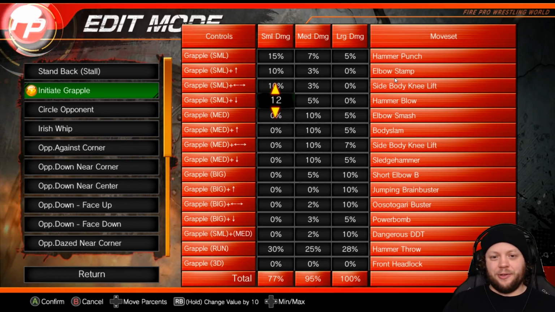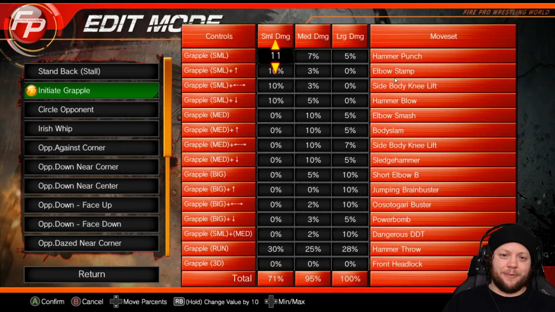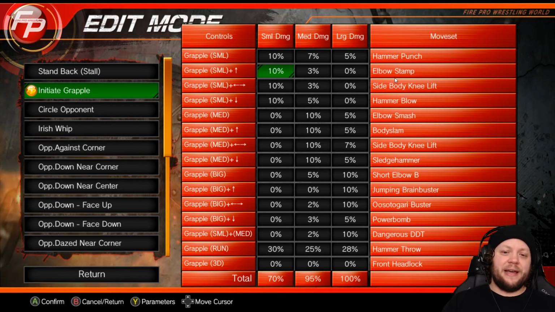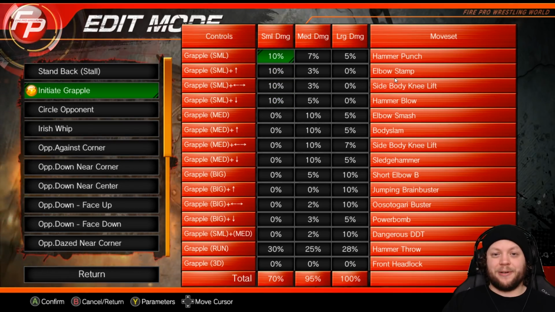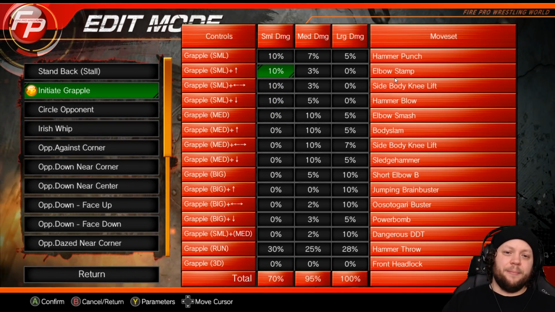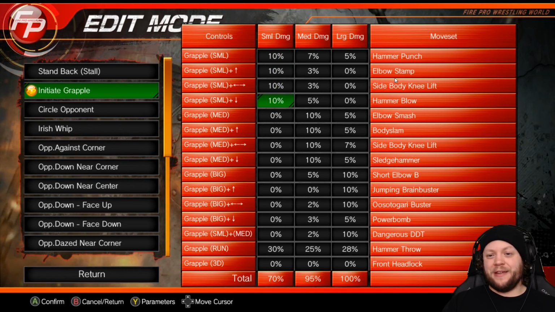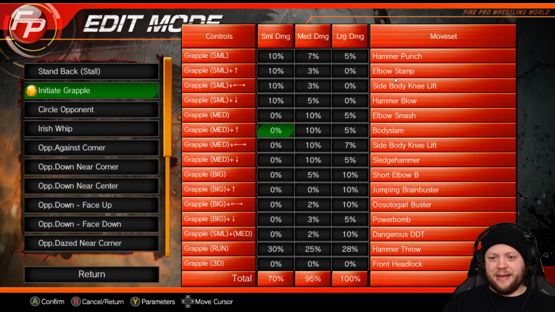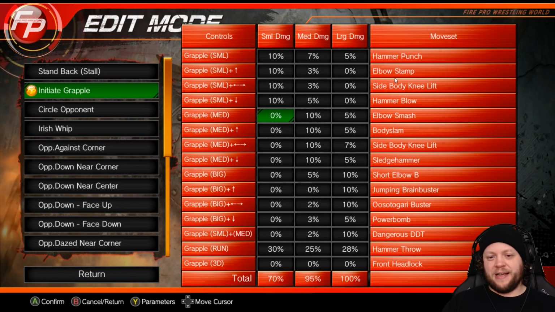Once we do that, we can look at these. I'm just going to put these down to 10 real quick so that we can see how much we actually have left. So we have 30% left. Within that 30%, we want to do a couple of things. We want to even it out amongst these moves up here so that we see a variety of them. But at the same time, we also want to come down here and put 3% in a couple of our